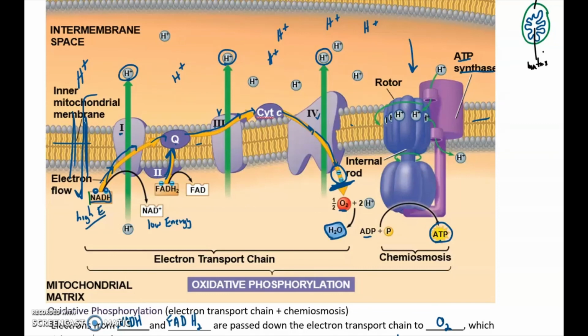So the whole cycle will occur and heat will be generated, but no gradient will be produced, and so no energy will be supplied. And this is found, brown fat is found in babies, and it can also be found as a response to cold in adults. So next up is